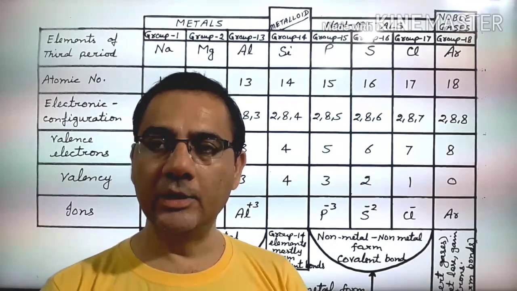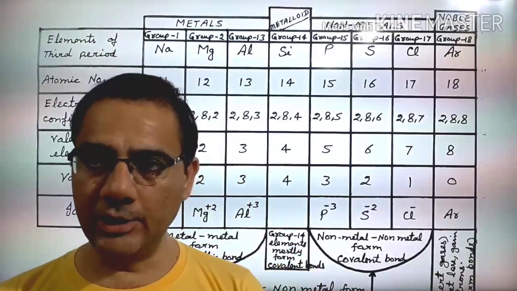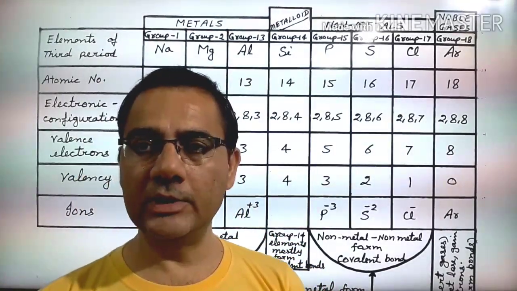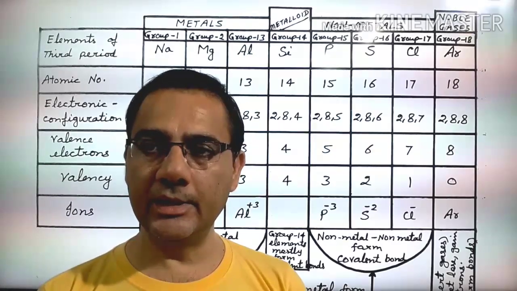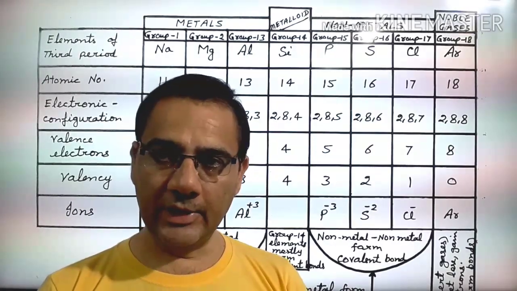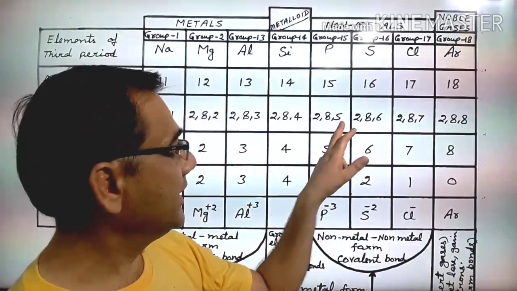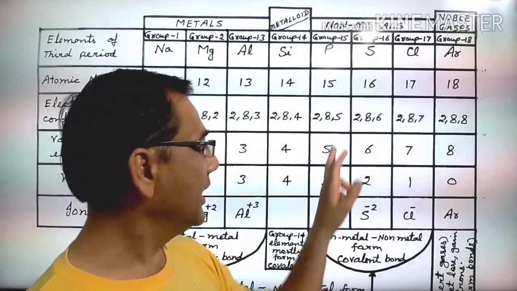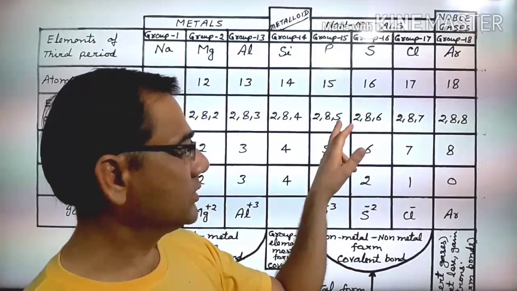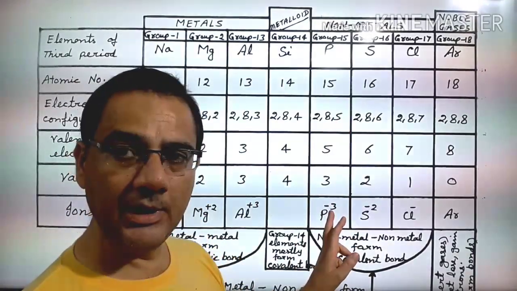So those atoms of the elements which have 5 electrons in the outermost shell, they do not lose electrons, they always gain electrons. And after gaining electrons, they make 8 electrons in the outermost shell. And whenever an atom gains electrons, it acquires negative charge. So since it has 5 electrons in the outermost shell, it gains 3 electrons from another atom and makes the outermost shell electrons 8, and it acquires 3 units of negative charge, P minus 3.